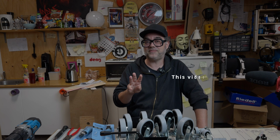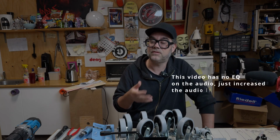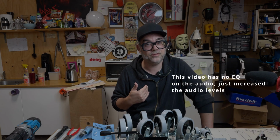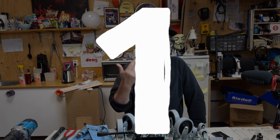But first, 3 tips that will make it easier, faster, and give you less work in post when recording audio with the DJI Mic 2, also with other microphones. So tip number 1 is to experiment with microphone placement, because you don't have to have it up here. You can, of course, have it further down, like so. The audio will be slightly lower in volume when here compared to here, but it should be a little bit